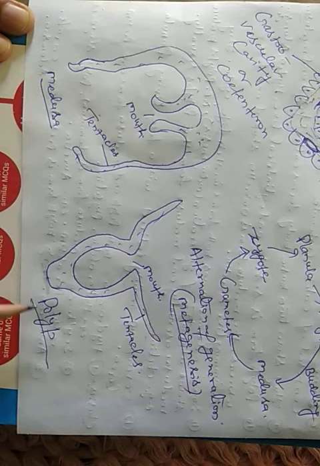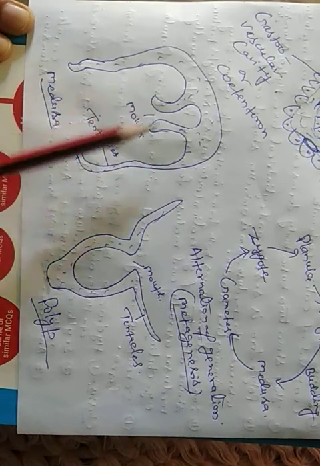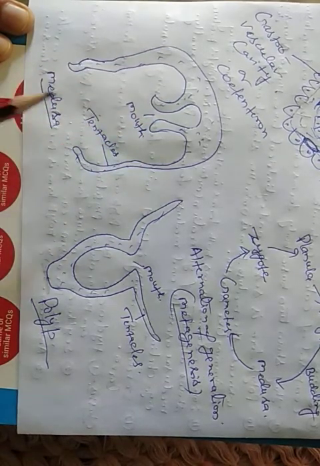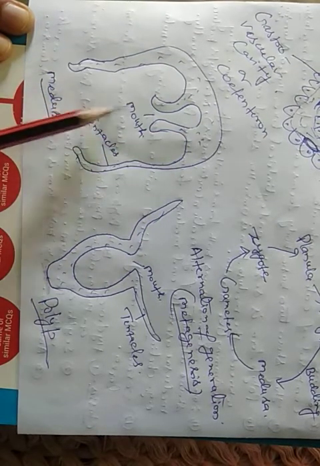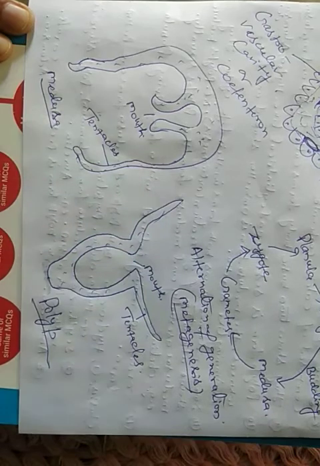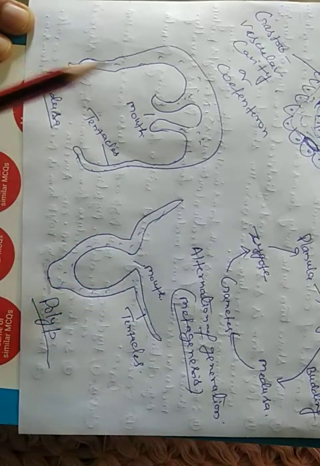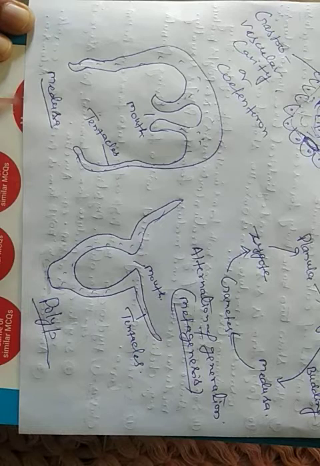Some coelenterates are like the polyp, like the hydra, sea anemone or Adamsia. These are the polyp form, meaning their body is cylindrical and they are sessile also. But the medusa form has an umbrella-like structure, for example Aurelia or jellyfish, and the mouth faces downward, while here the mouth faces upward. The polyp takes part in asexual reproduction, the medusa in sexual reproduction. So these are the two basic forms found in the coelenterata.